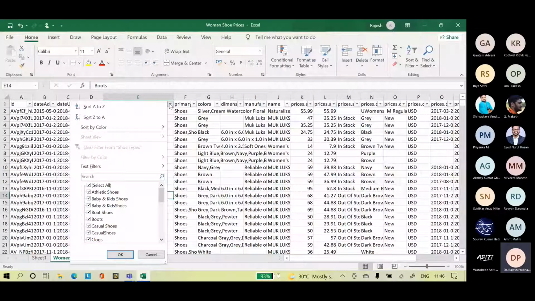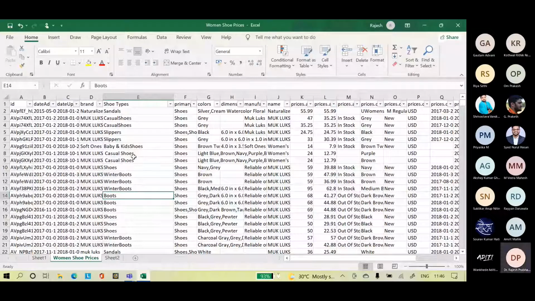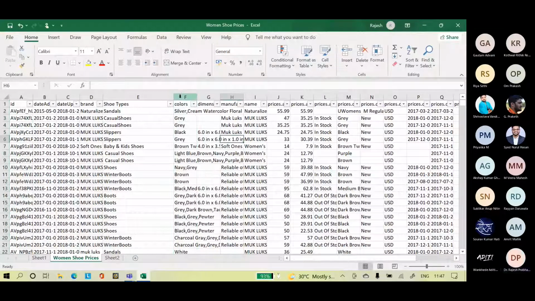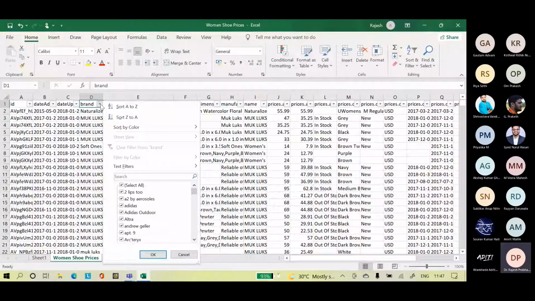Okay. So categorization we have cleaned up. There is a space here. Control F. So we have cleaned up the shoe types categorization. Primary category is all about shoes, so we will delete this column. Brand. So in brands also we have a lot of brands.